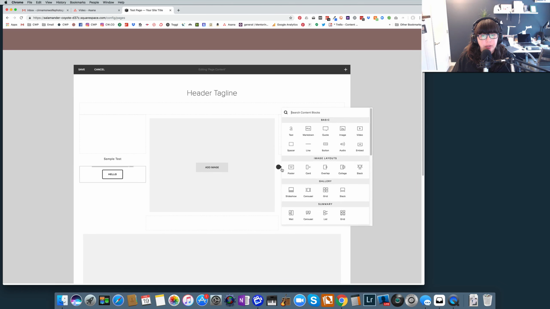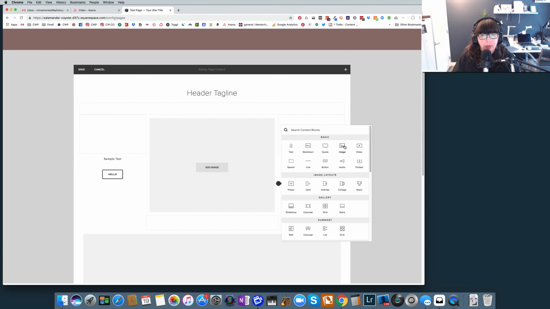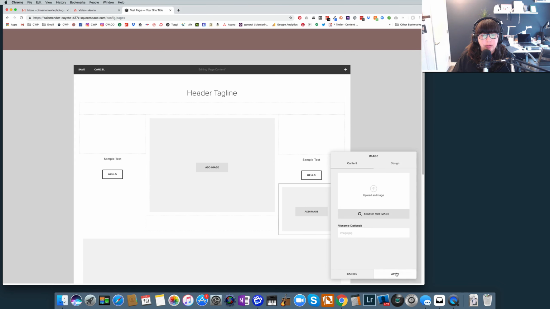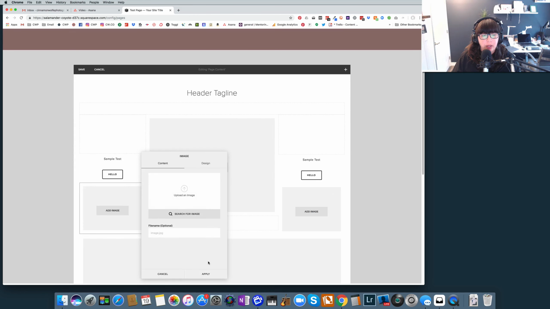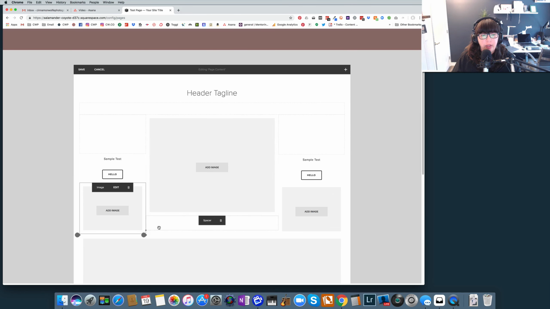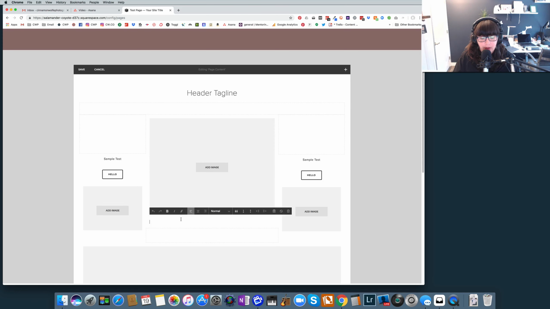Let's put a button over here too. Hello. Small. And then we could even put an image here. In here. So you can see that if you use spacer blocks to start out with, you can create some really dynamic things on a page. That's not just